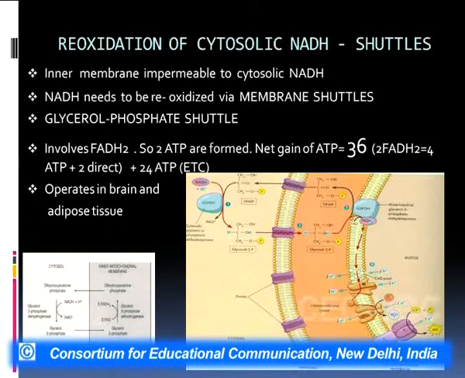Coming to the last question: what is this whole business of 36 and 38 ATP? You remember two molecules of ATP were formed directly in glycolysis. There are also two molecules of NADH formed in glycolysis. We said we will see when the electron transport chain comes, and now these cytosolic NADH also need to be reoxidized. We have already discussed how reoxidation takes place,